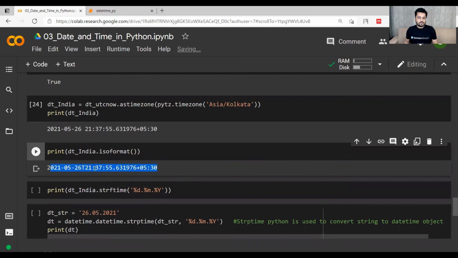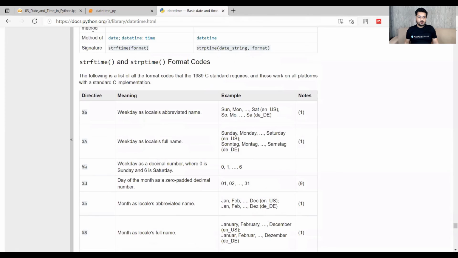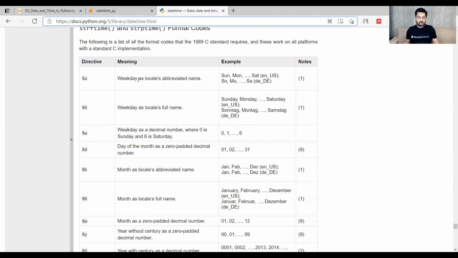It looks kind of weird, but you can change this thing. How can you change it? If you want to use the strftime function and you go to docs.python.org, library, datetime.html, you will find that there are different formats through which you can print the names.